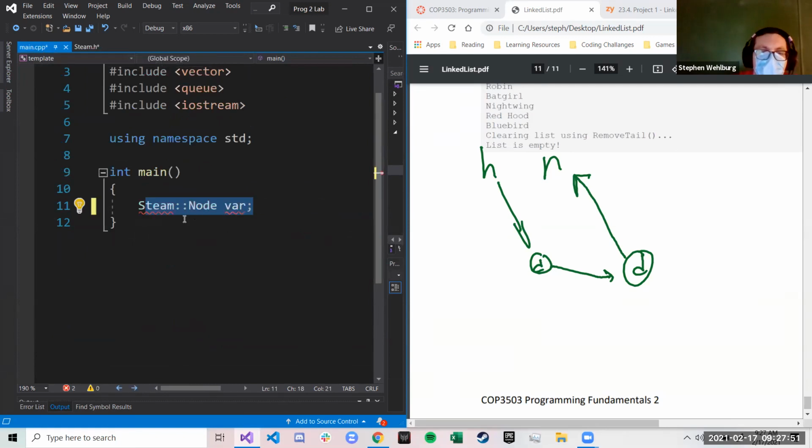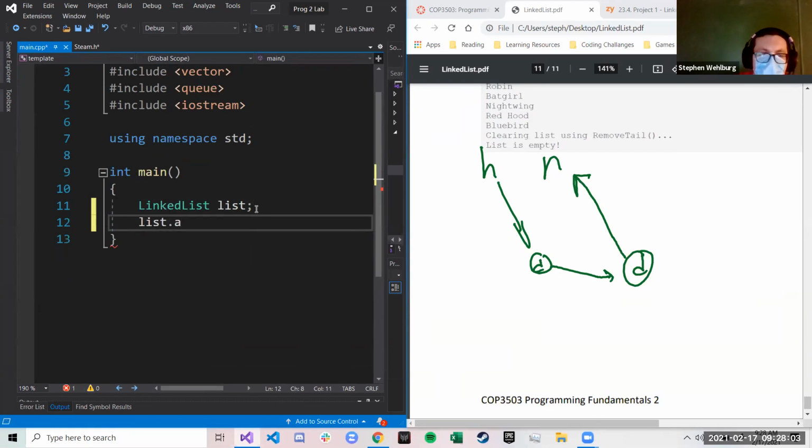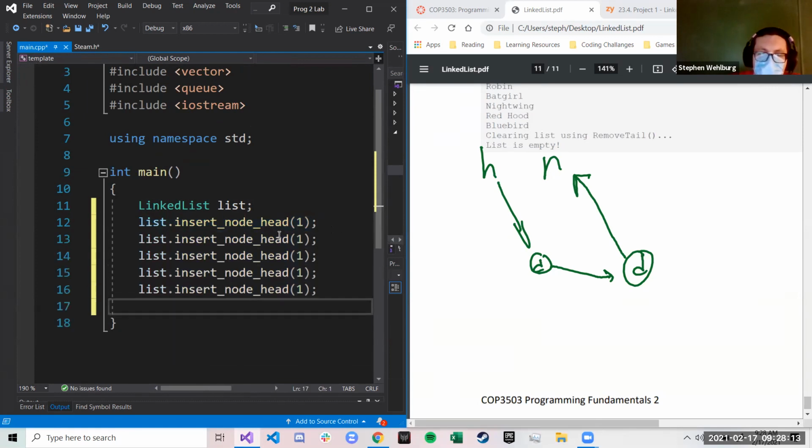Okay. So for this, I'll create a linked list. And I'm going to call it list, sure. List dot insert node head 1. I'm just going to call this multiple times. List.print. Okay, so with all that,